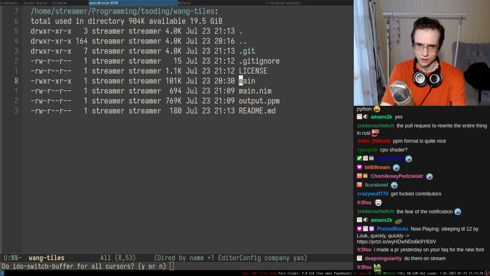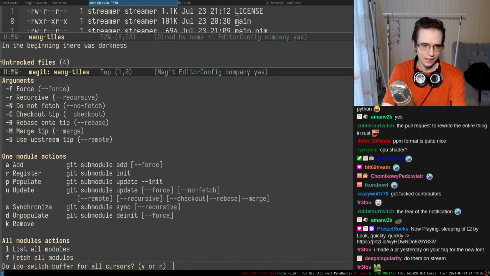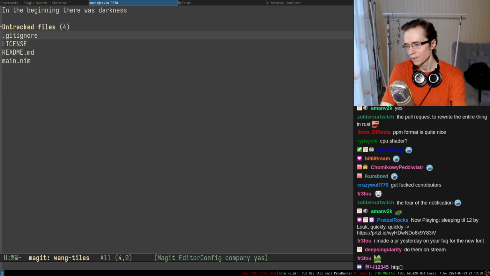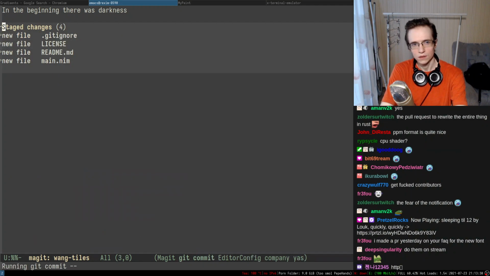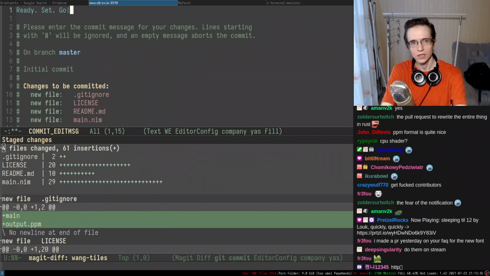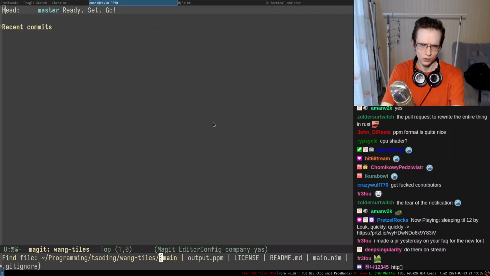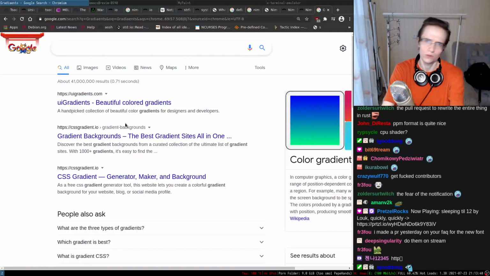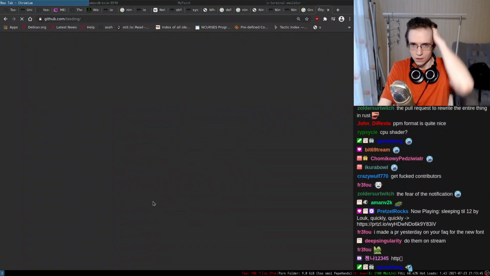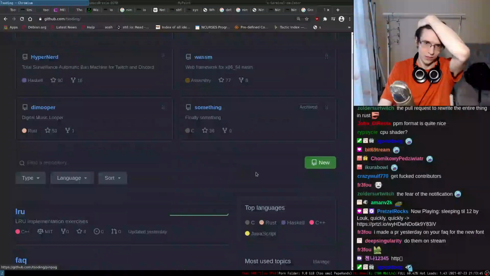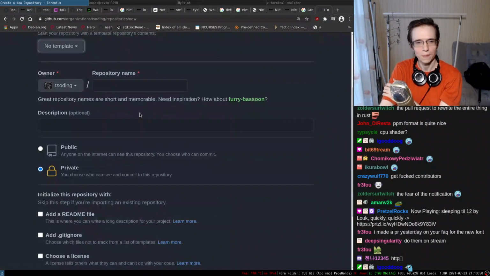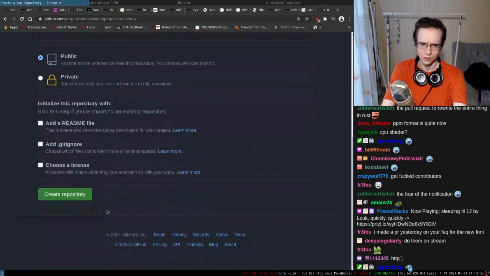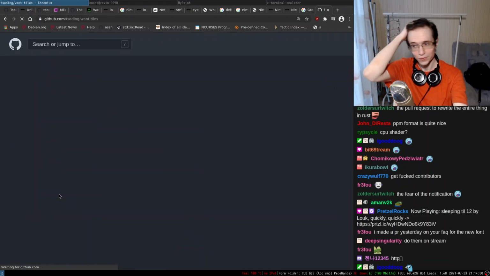So git init, and what are you asking? Okay, I don't know why it was asking me this kind of stuff. So, ready, set, go. And how should we call this entire thing? I already called my folder Wang tile, so maybe I'm going to call the repo like that as well. Wang tiles, there we go. I'm not going to put any description yet because I don't really know what exactly we're doing. We're just experimenting with these things.